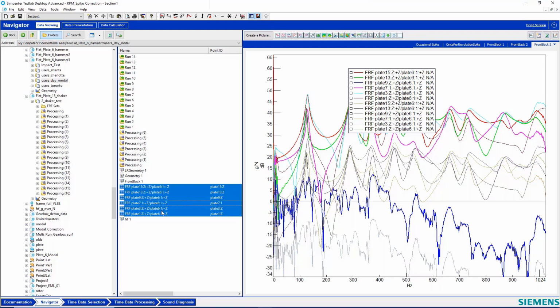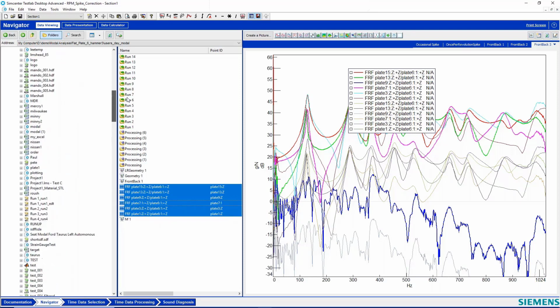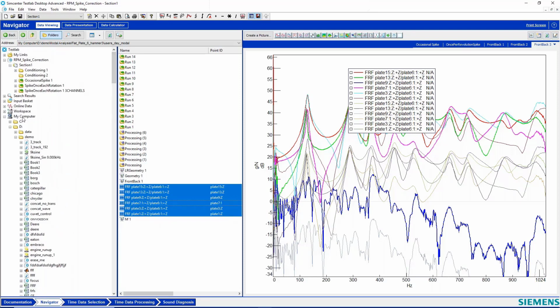Let's say the reference point was wrong. Maybe a few things to point out there. If I'm selecting data, so here I am under my computer going on to network drive or my local drive, everything under my computer is read-only. I cannot change it or alter it.